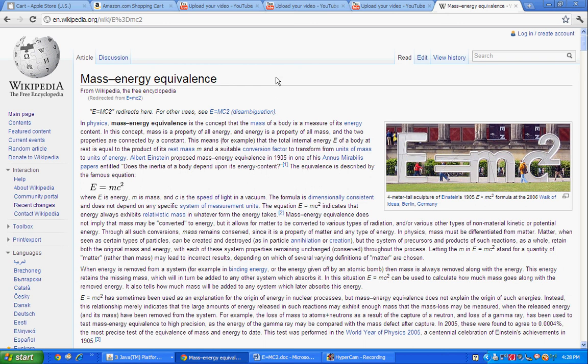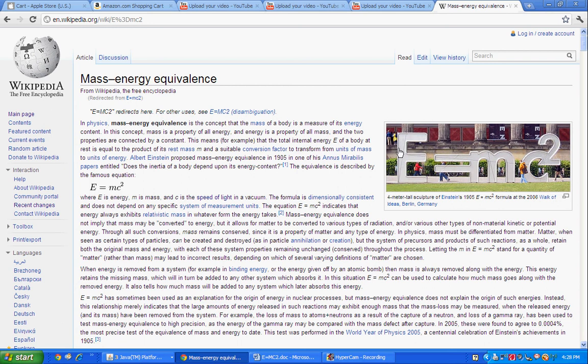E equals mc squared. It's probably the most famous equation ever, but what does it mean? Well, as most kids in 5th grade can tell you, E stands for energy, M stands for mass, and C stands for the speed of light in a vacuum. What they can't tell you is that this equation is the basis for a concept in modern physics called mass-energy